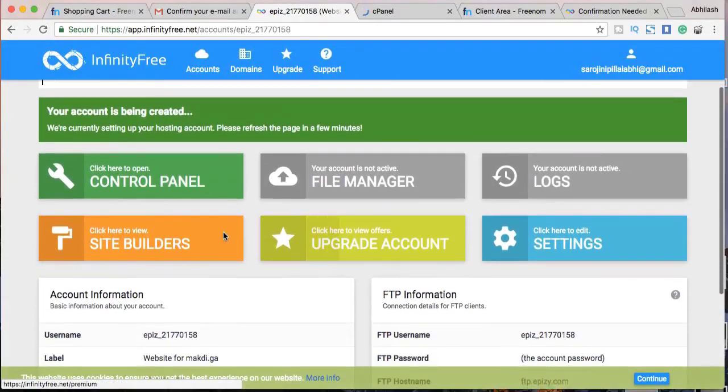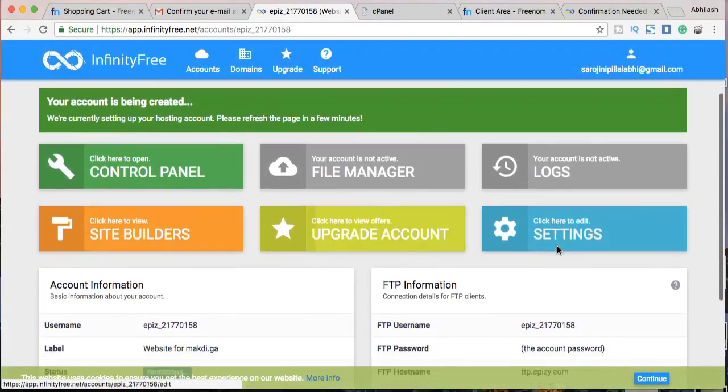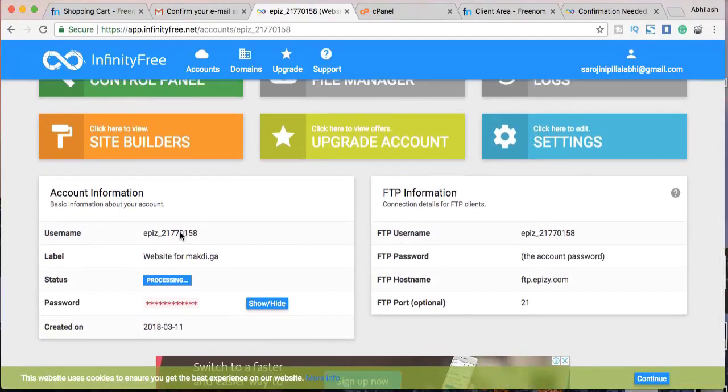So this is your client area. Here you will find details about your hosting account. You will also see your username as well as your password for this hosting account, and on the right side you will get FTP information about how to upload the files to the server. So this I will be discussing in one of my later videos, but for the purpose of this video, let's